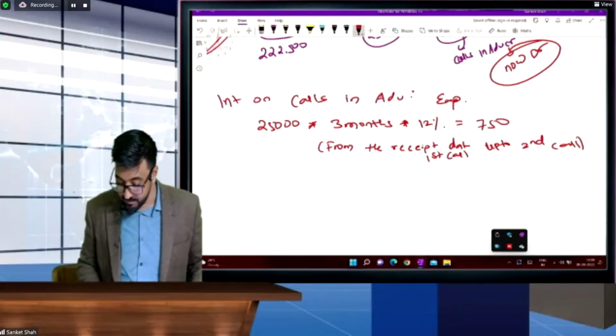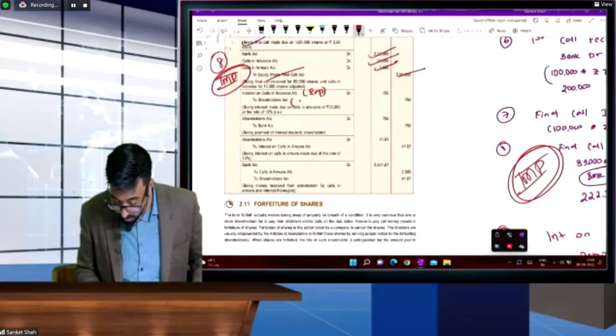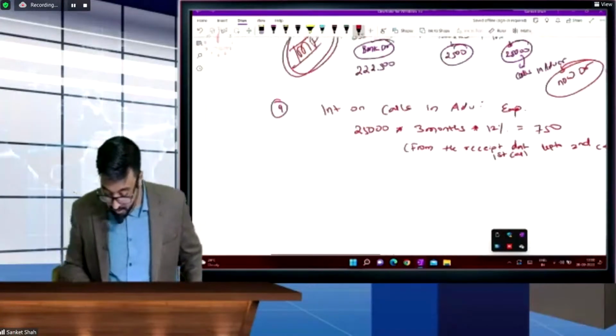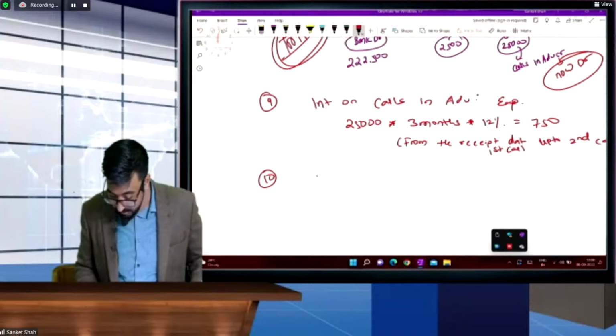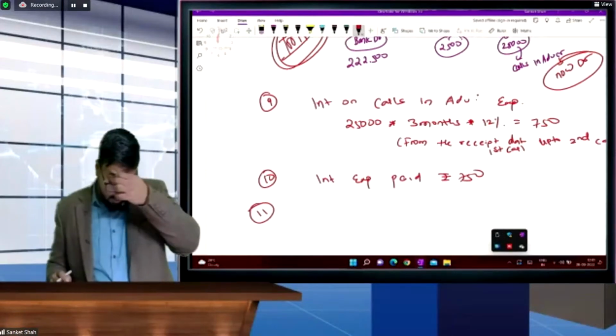750 rupees. Interest expenditure account debit to shareholder creditor. 9th number, 10th number, shareholder paid interest. Interest expenditure paid rupees 750. 11 number,